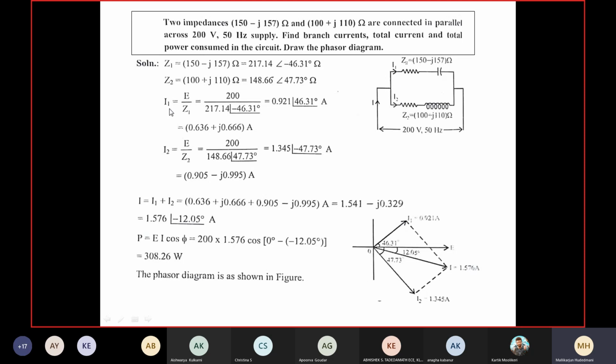Similarly I2, you can see here I1 is E divided by Z1 using Ohm's law, but in complex mode. It is not simple DC circuit, it is a complex because frequency dependent components, capacitor, inductors are there. It is a complex. Therefore, E by Z1. E is 200. I can write it as 200 angle 0 bracket divided by Z1. So can you see here? I may substitute this. According to that, I have to use proper number of brackets in the complex mode of the calculator.